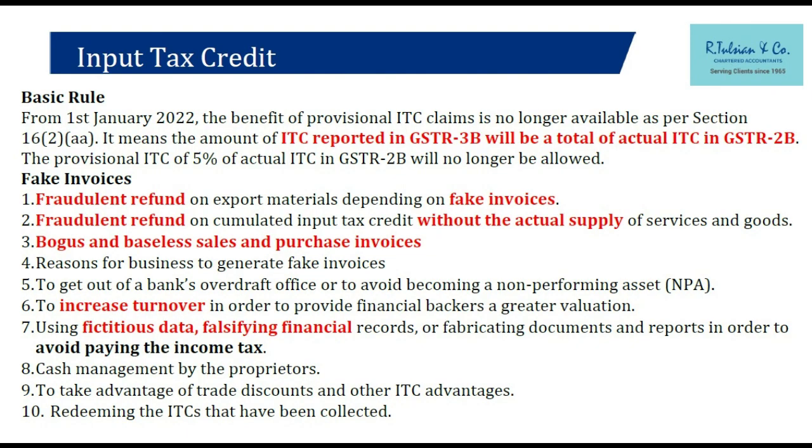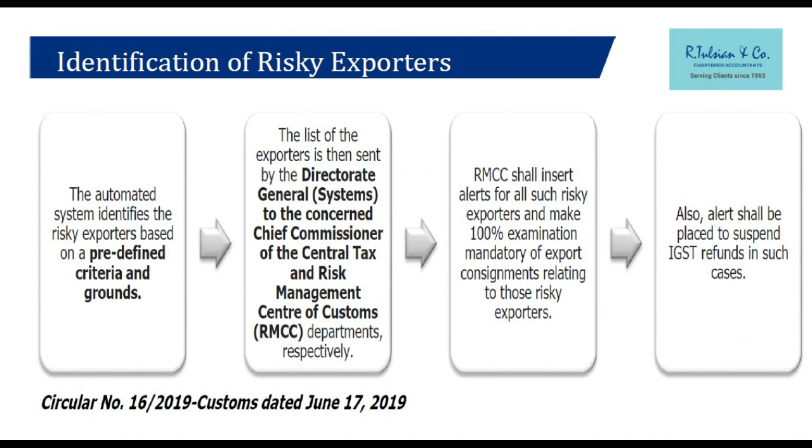Right? Now, क्या cases है sir? All those fraudulent cases only, which I mentioned. Their risk parameters, all of those things are there. They are seeing that you're inflating the value, you're buying from different suppliers, those suppliers have been adjudged to be bogus, all of those things. So they can give you an alert. Who will give the alert? RMCC. The Directorate General of Systems will issue an alert कि risky exporter है.